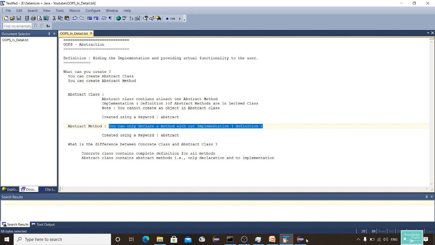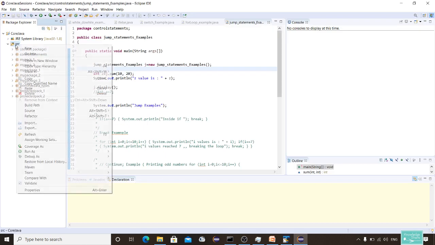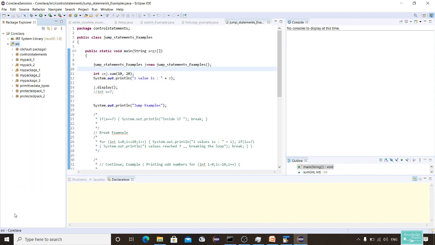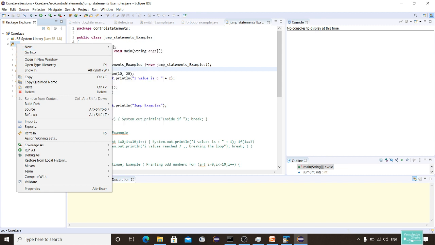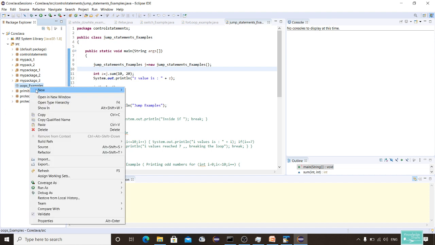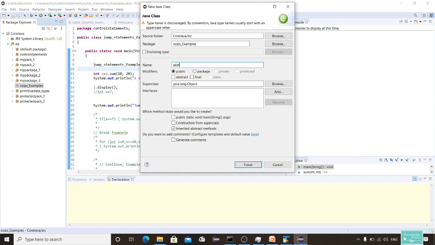Okay. Let me switch to my Eclipse. Now let me create a package. This is the first OOPS concept I'm dealing with, so I'm creating a new package called OOPS examples. Now I'm going to create a new class, and I'll call it abstract example.